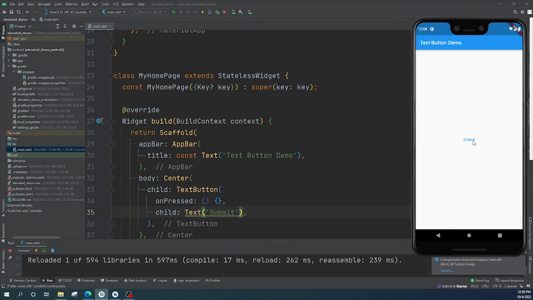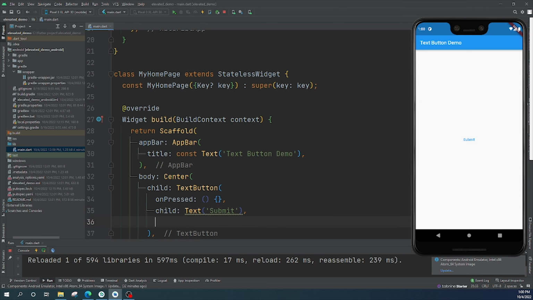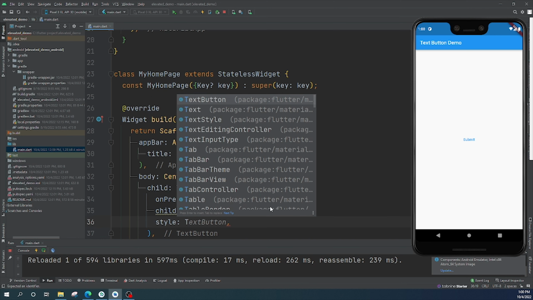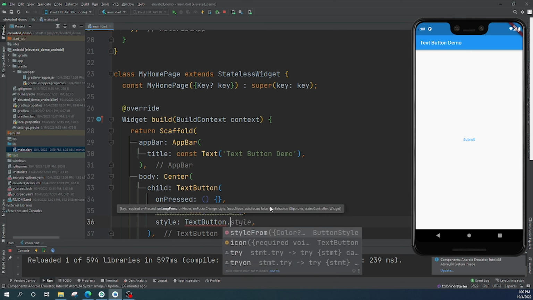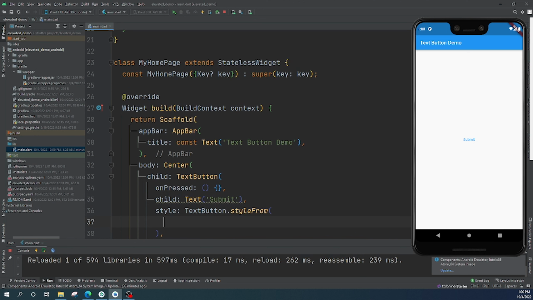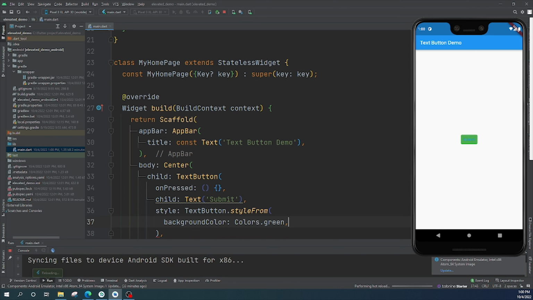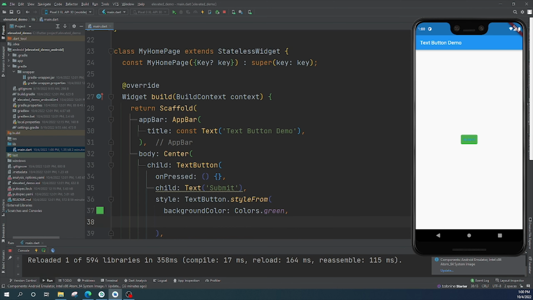This is the text button without any background color. We can also change the background color of the text button in the same way as we do in the elevated button. We need to set the style. So here we will set TextButton.styleFrom, and here I will set the background color like Colors.green, so it will show the background color. And in the same way we can also change the foreground color